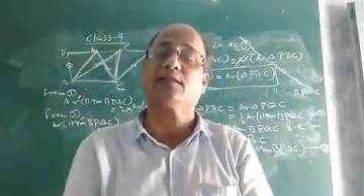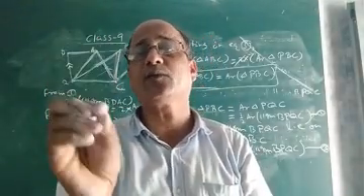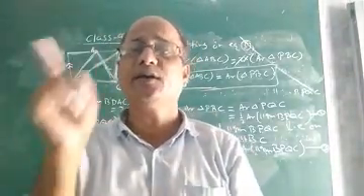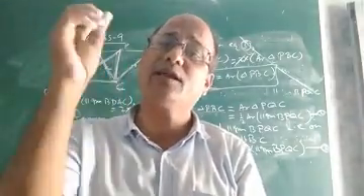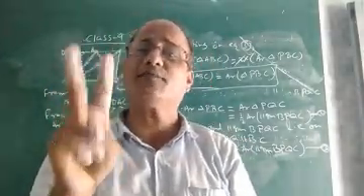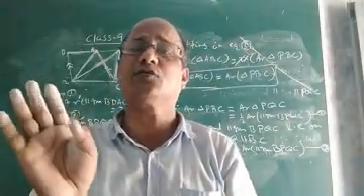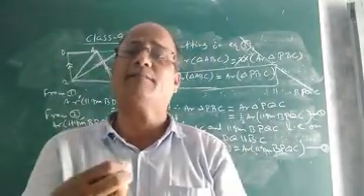We will do it in another class. To prove this, you need to use the formula. You know what is the formula to find the area of a triangle? It is half into base into height. Using the formula half into base into height, you can easily prove that if two triangles have equal areas and they stand on the same base, they will have equal corresponding altitudes. Means their altitudes will be the same. We shall discuss this in some other class.